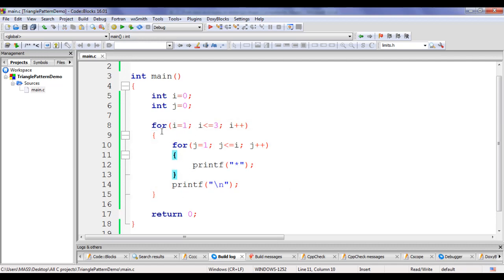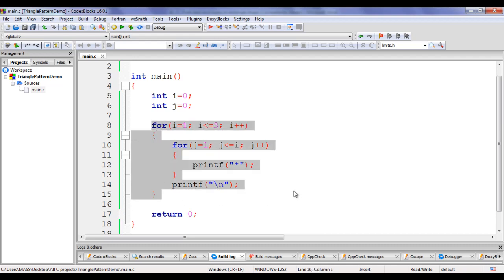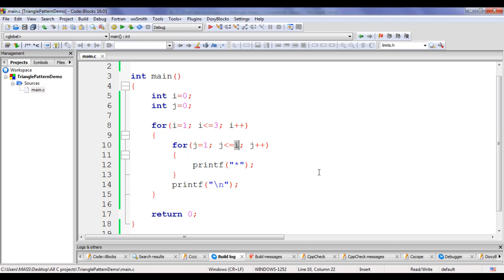Dependent quadratic loop is a nested loop where inner loop iterations depend upon the outer loop counter variable value, right guys? Now we understood how to display stars in a triangle shape. Let's change the variable names so that we can give meaningful names to them, guys. This outer for loop is responsible for creating rows.